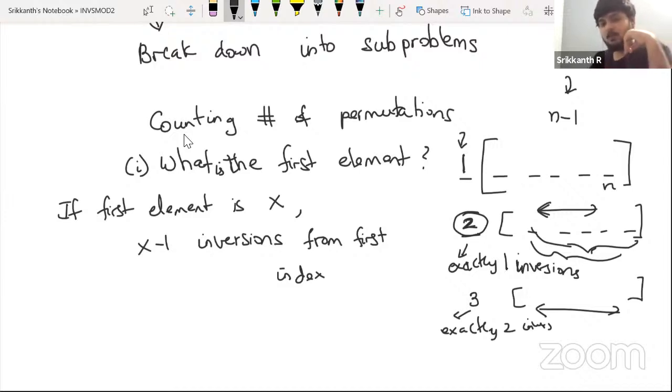Right. So if the first element is x, the remaining n minus 1 elements are not a permutation from 1 to n, because our problem was permutations from 1 to n